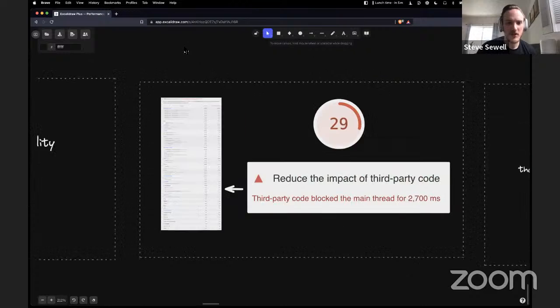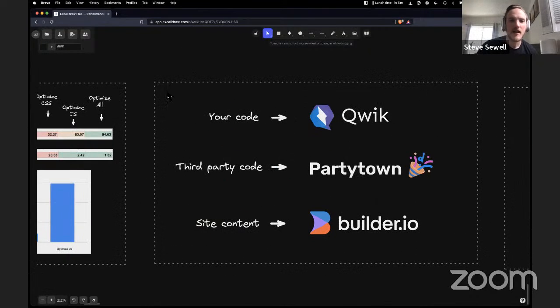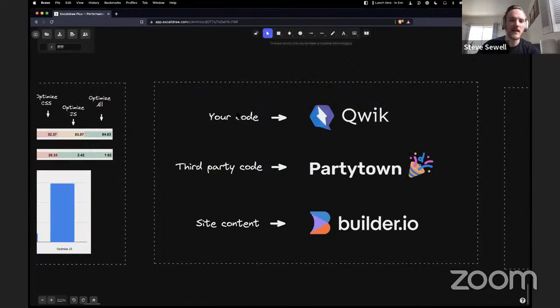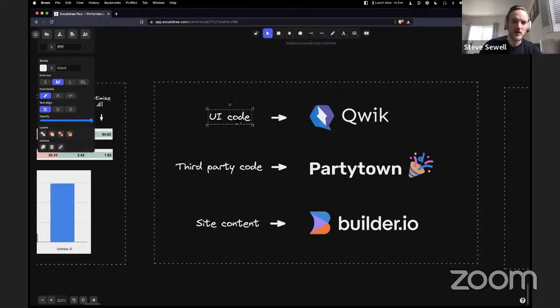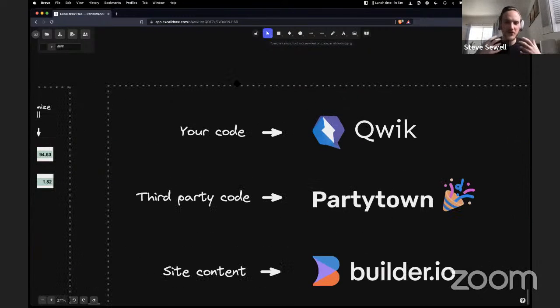Our general recommendation is, let me scroll way back. Sorry if I'm making anybody dizzy, is looking at these two areas. We could even rephrase it and say UI code should be in Qwik, right? Or think of it more broadly: code that displays stuff to your end users, components that render DOM, really needs to be in your code, right?